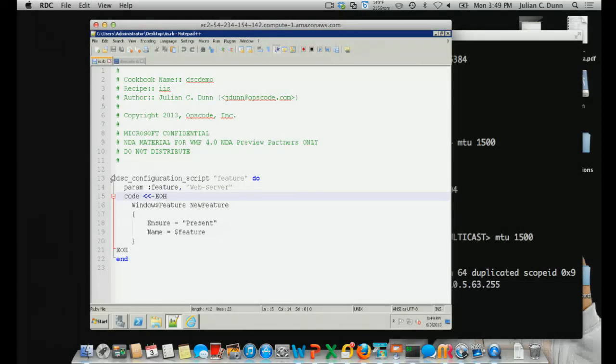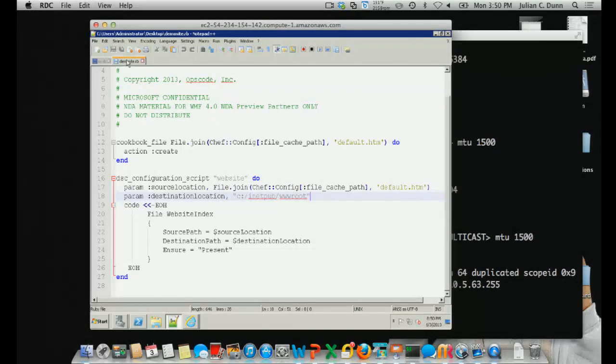Using this thing that we've written called DSC configuration script. And it invokes, as you see, a Windows feature resource to install IIS, just like it was bare PowerShell code before, right? And then what I'm also going to do is write out just a default index page, right? Using, again, you can see a file resource in the DSC syntax, but what I'm doing in this case is connecting native Chef code here, which is the cookbook file resource that's built into Chef, and driving the DSC configuration script resource with stuff, right? So that kind of shows you how you can bridge the gap between Chef and DSC.